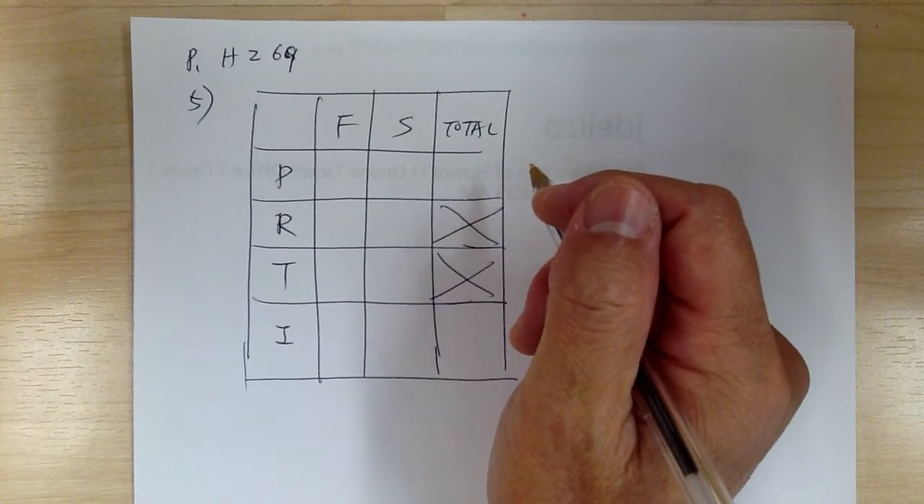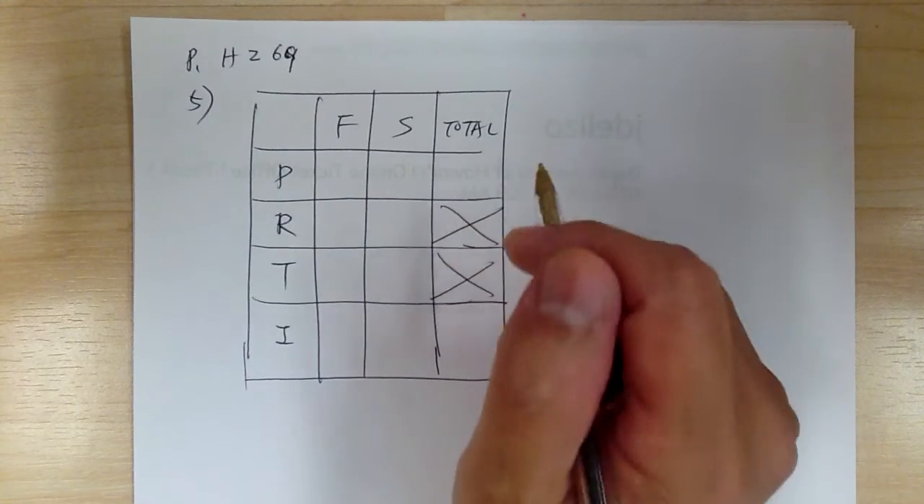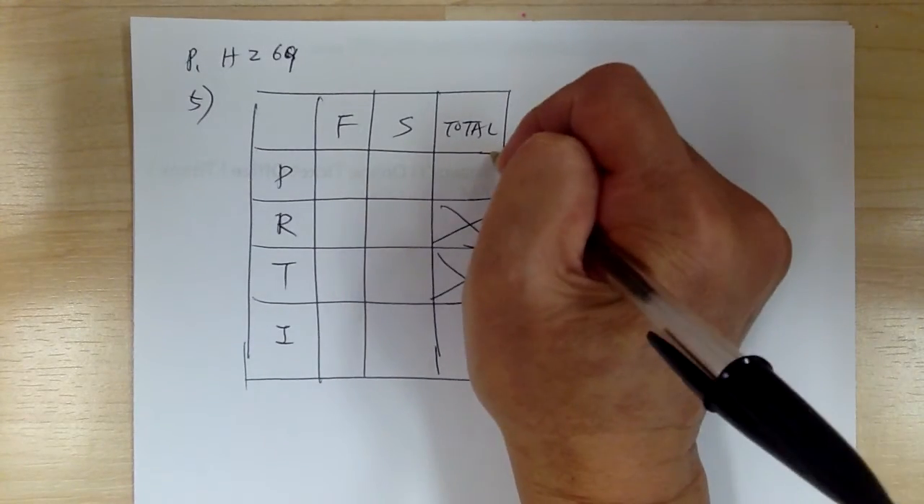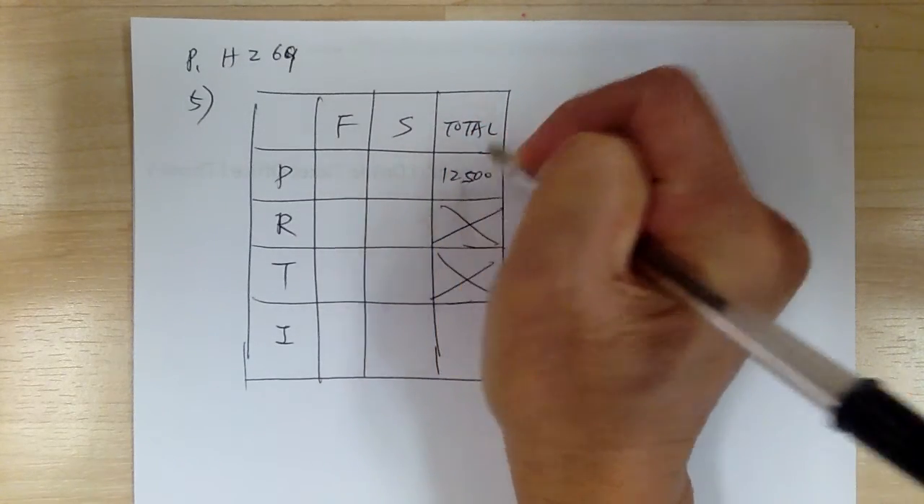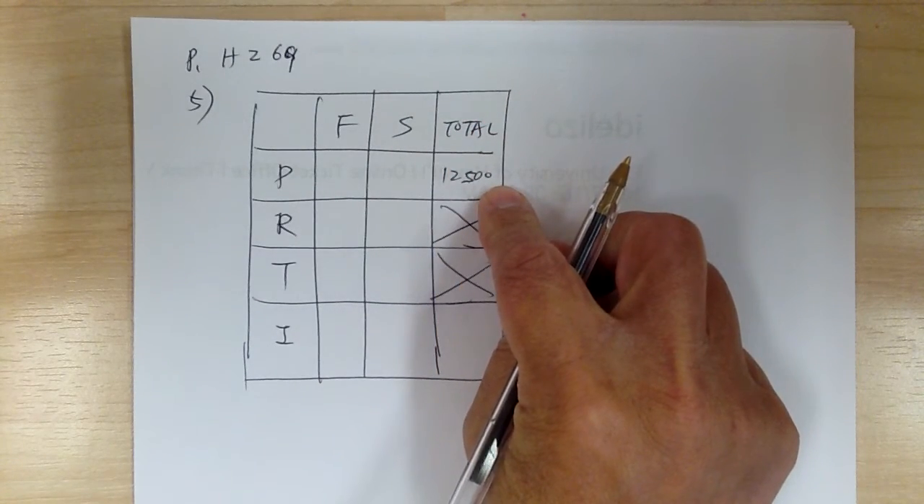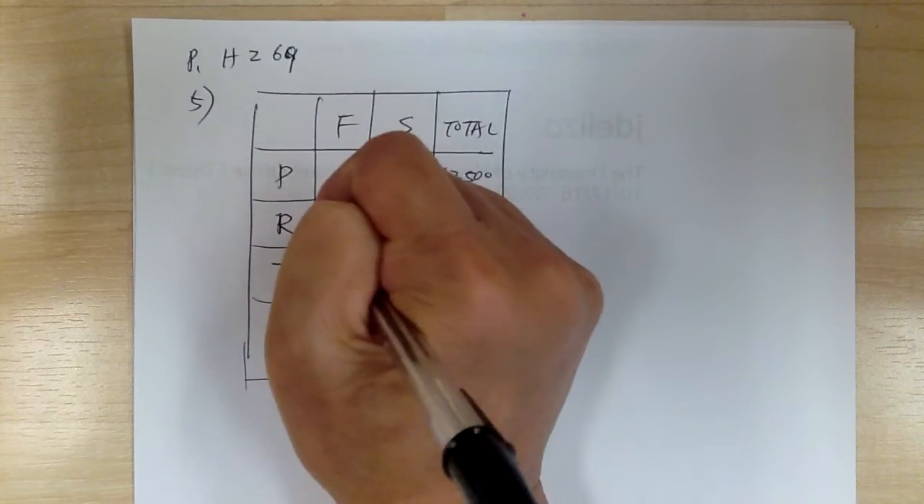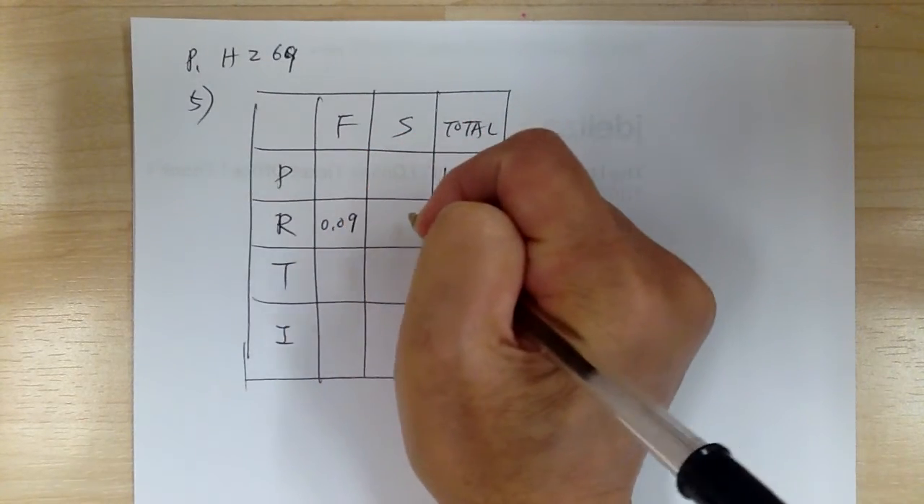So Dr. Taylor invested $12,500. So this is the total. Again, you have to ask yourself, is this the first account, second account, or is it total? So go and read and figure it out. So this is the total. And part of it at 9%, so 0.09. And part of it at